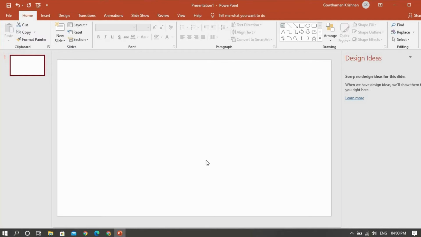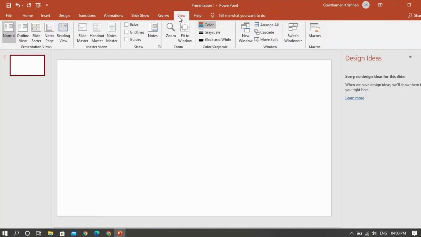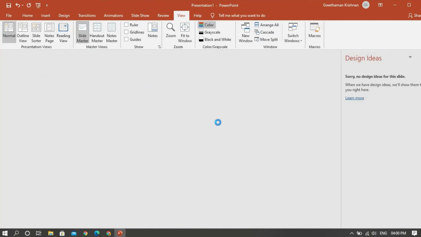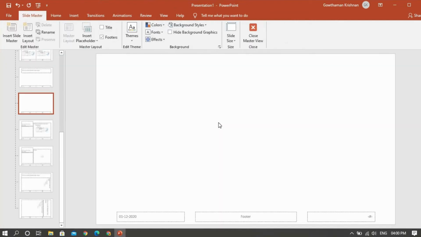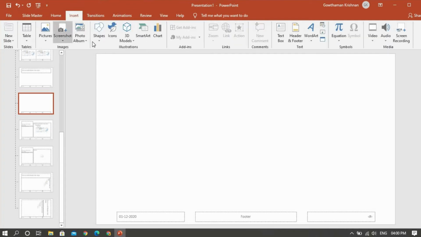So how to do it? First of all, you have to go to the View tab. From there you click on Slide Master. Once you open the slide master, you can create your design in it. For example, I want to insert some basic shapes.